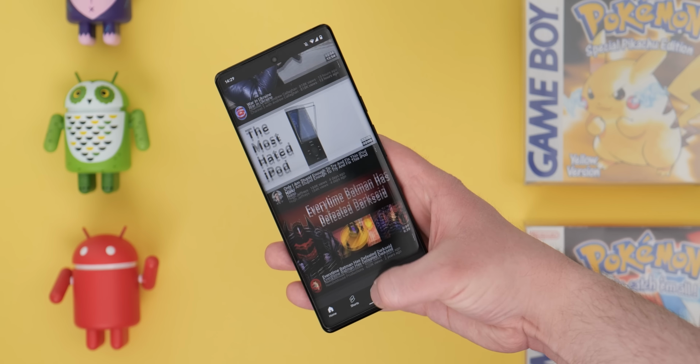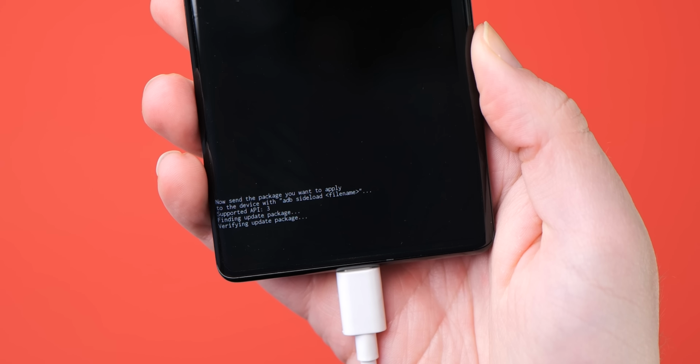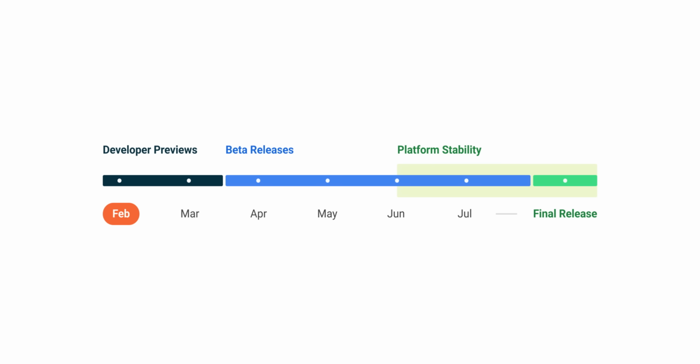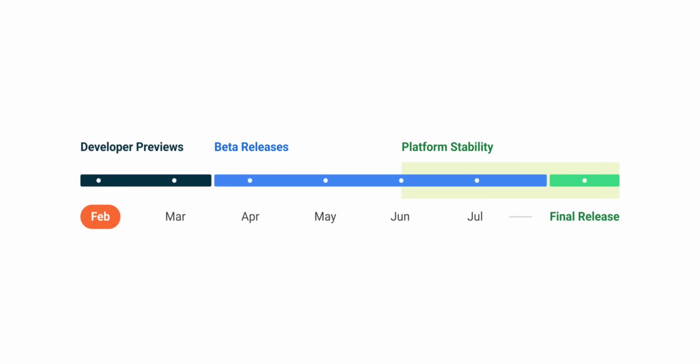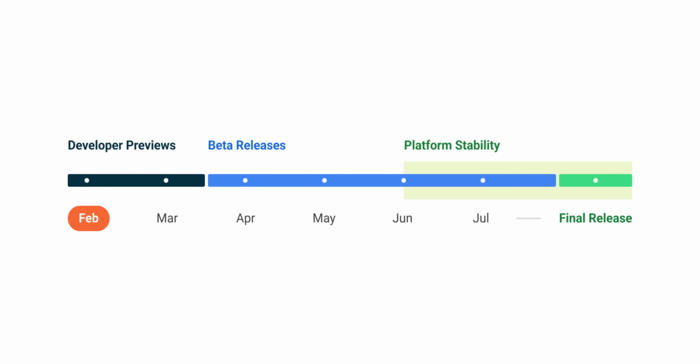After this developer-focused build, you'll have the chance to test the next mobile operating system by way of a public-facing Android 14 beta launch. Although it's hard to truly be certain, given the unpredictability of Google's release timeframes, we expect eligible Pixel phones to be able to sideload the Android 14 developer preview at some point in late February, so a month from this video going live, or around that release period.